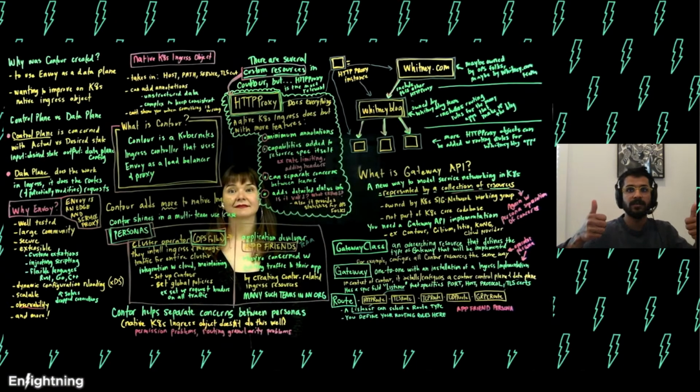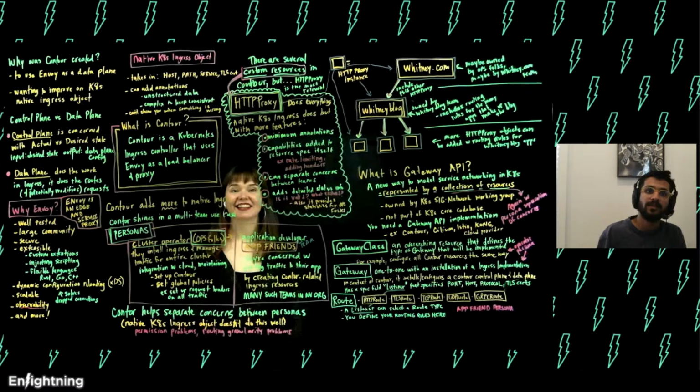Another plug to please get involved if this is relevant to you. If you see HTTP proxy as useful, but you also see use in Gateway API, please let us know how that relationship would work for you, like what sort of constraints you have in migration. That would be wonderful to get as input as we're designing this.